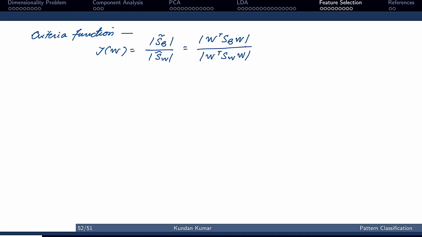We have to maximize it for an optimum value of W. As we did the solution in the case of Fisher linear discriminant analysis, the same solution we can do here as well. The columns of an optimal W are the eigenvectors that correspond to the largest eigenvalues, and that can be obtained as